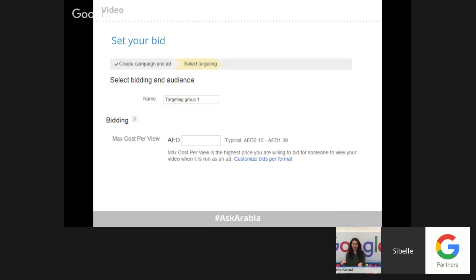The bidding method you set for videos is cost per view. How much are you willing to pay every time a user views more than 30 seconds of your video if it was in-stream? And for the in-display, you pay for cost per click. So it's the same pricing. How much are you willing to pay when the user clicks on your ad to view your video? So the CPV for both. You need to set the CPV for both in-display and in-stream.